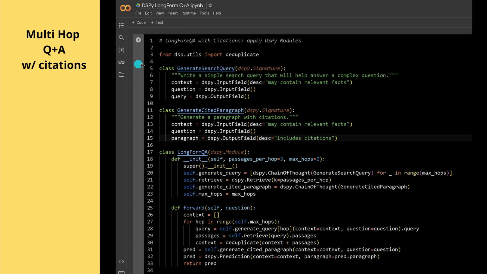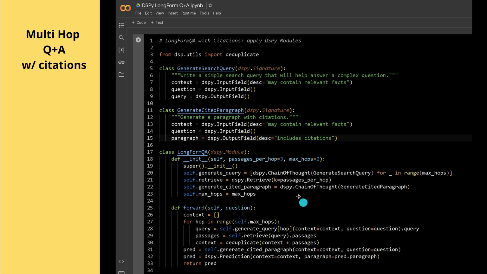And here you see now the code for the multi-hop question and answer form for DSPy, if you also want to include citation of your original document sources. It is really beautiful to implement in DSPy. This is from the original implementation. So you just generate a cited paragraph in the field, and those fields include the original source, the original citation. So you see here 3 class definitions, and you have a long-form question and answer DSPy capability